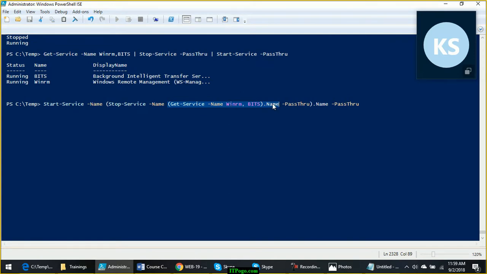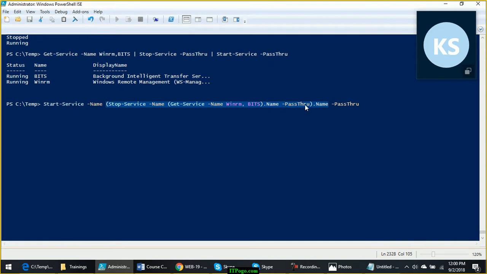Their name property will be extracted using this highlighted syntax. The values of the name properties will be given as the input to the name parameter of the Stop-Service cmdlet. So Stop-Service will work on the input from the innermost command, and then it will stop the services.